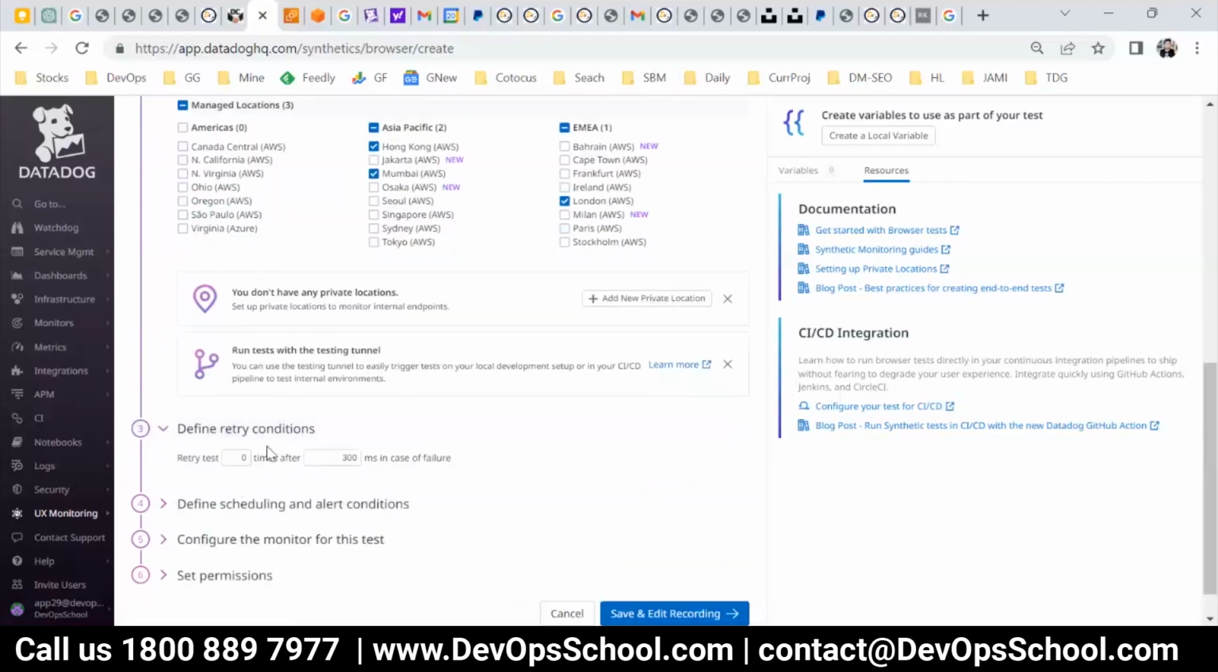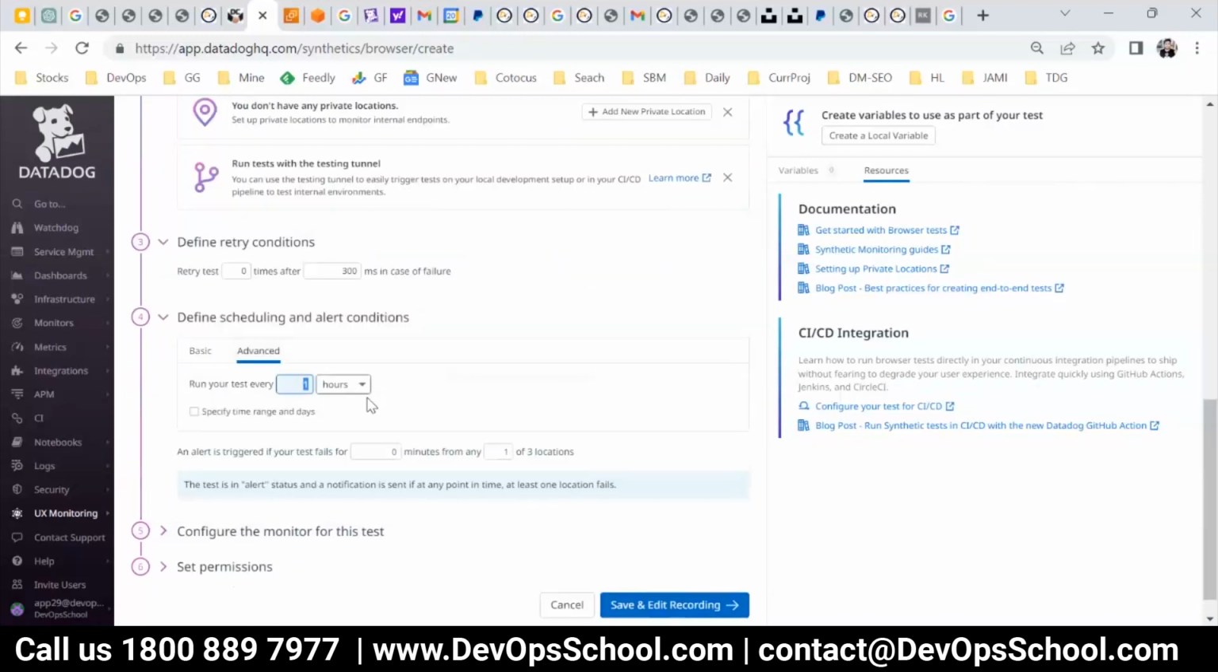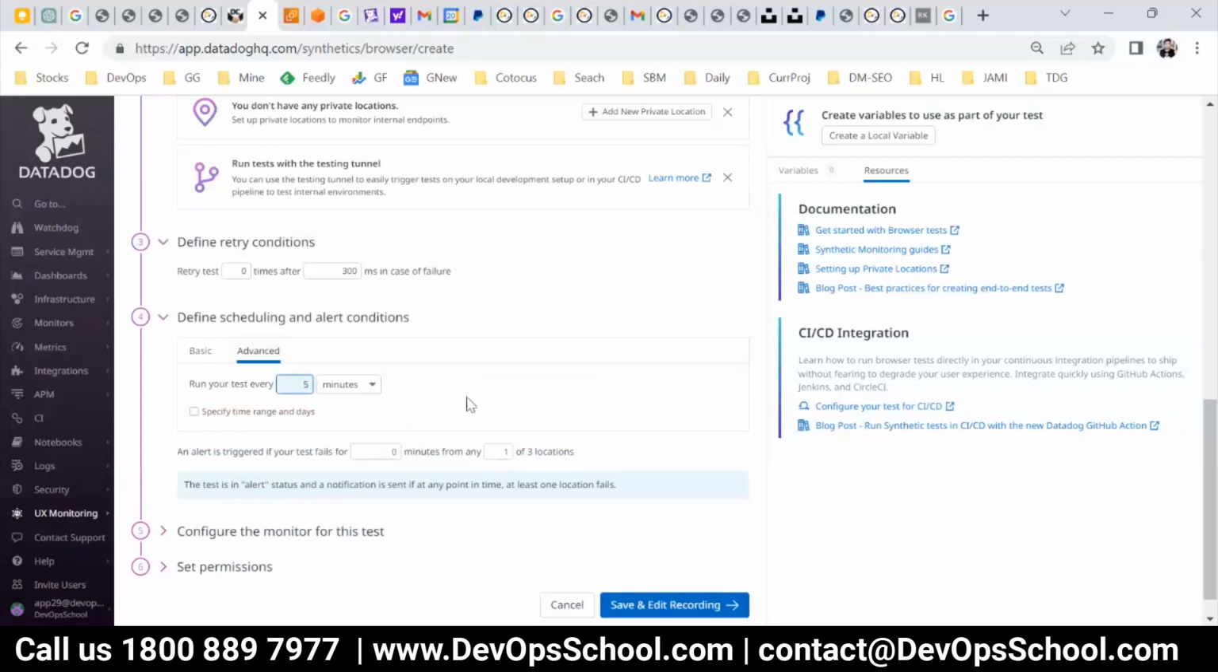And here you can set the same thing, retry conditioning. Scheduling, you can do that per minute, per hour. Per minute I want to do that. And then, okay, the minimum for browser tests is 5. Okay, and then configure this